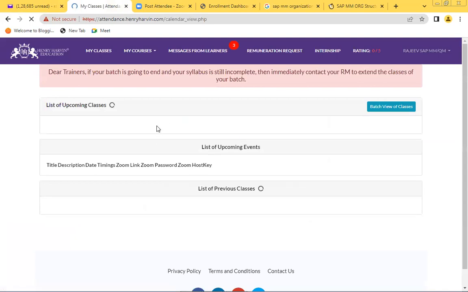So this is a portal. I hope all of you have access to this portal. And here you can see SAP HANA.